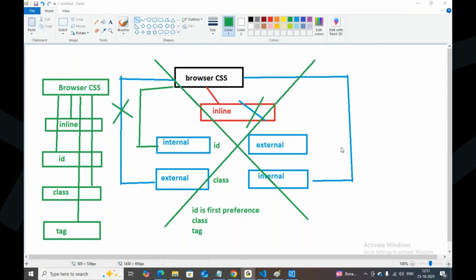it will search for ID. If ID is not there, then it goes to the class. If class is also not there, then tags. If the tag selector is also not there,